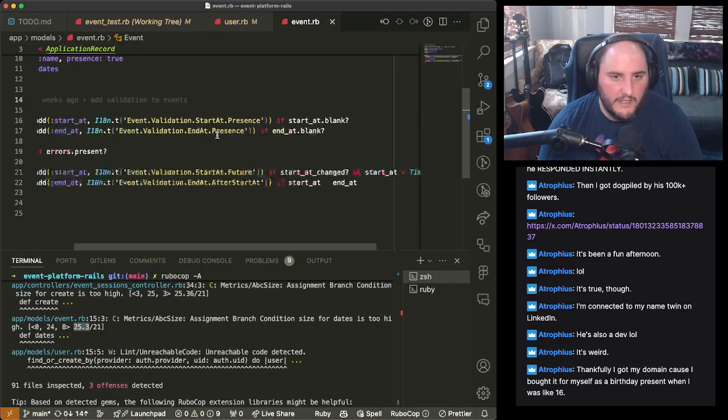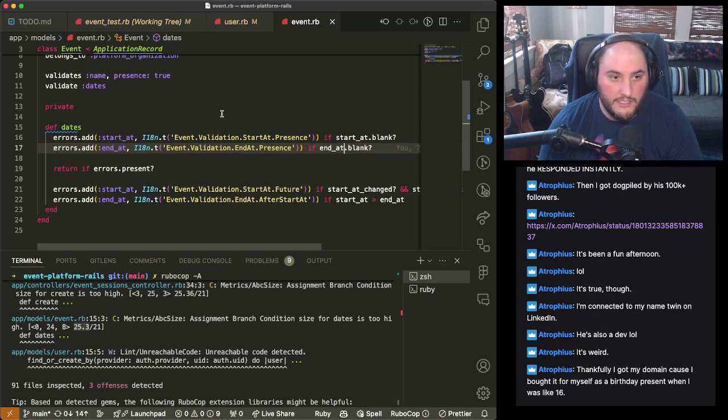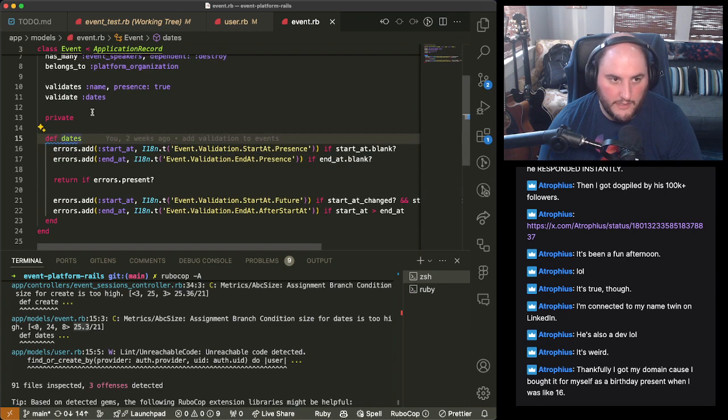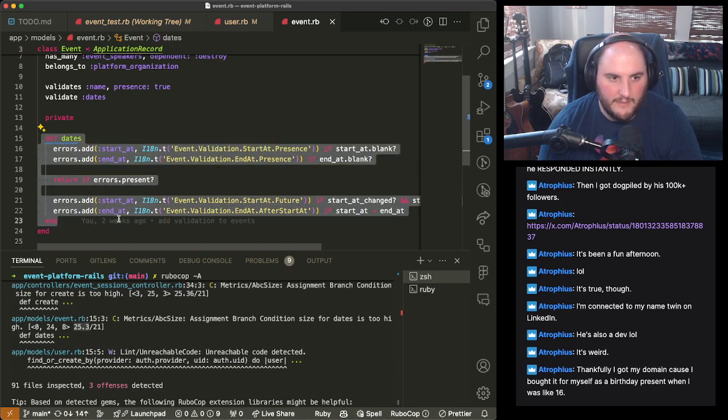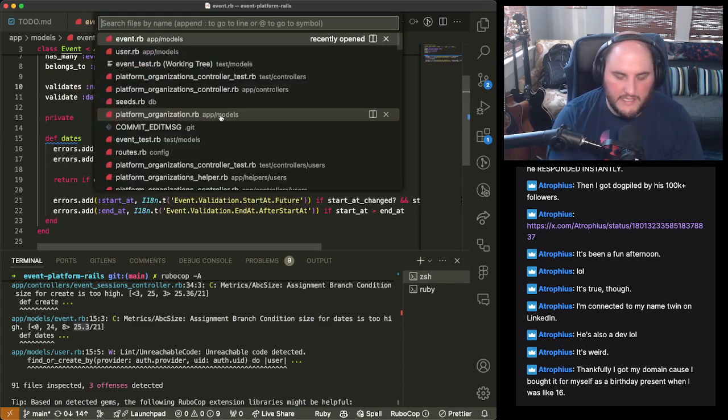Which is interesting. And I guess it's because each of these counts. So there's an argument to be said that I should write one validation for all of the start dates and a validation for all of the end dates and just kind of separate those out. That's a quick and dirty way to fix this, but I kind of like these because they're related and because there's this connection between these two fields. So this might be a situation where our ABC might just be too high.